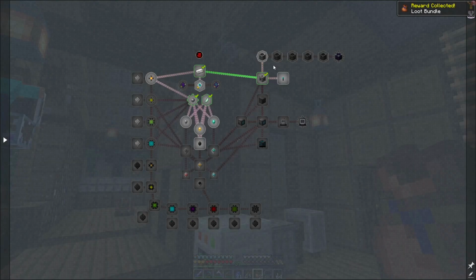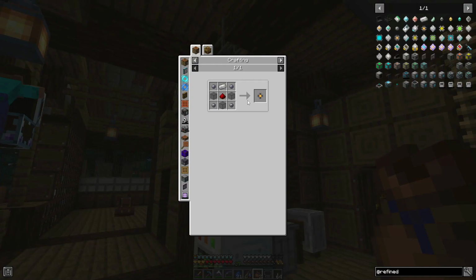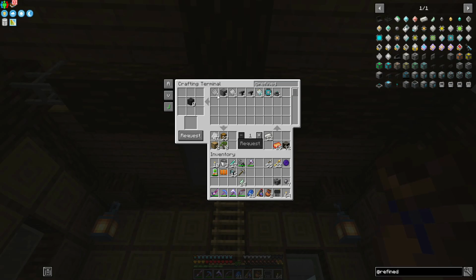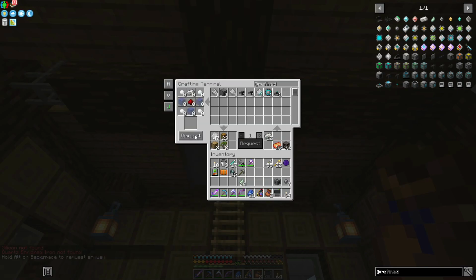So one of them is the loot bundle crafter, storage parts, storage disk. I mean, this is just going to require a little bit of stuff. So got the... Okay, so let's do a 1K storage part. Yeah, one of them. And then let's grab the 1K storage disk. Okay, destructor can...